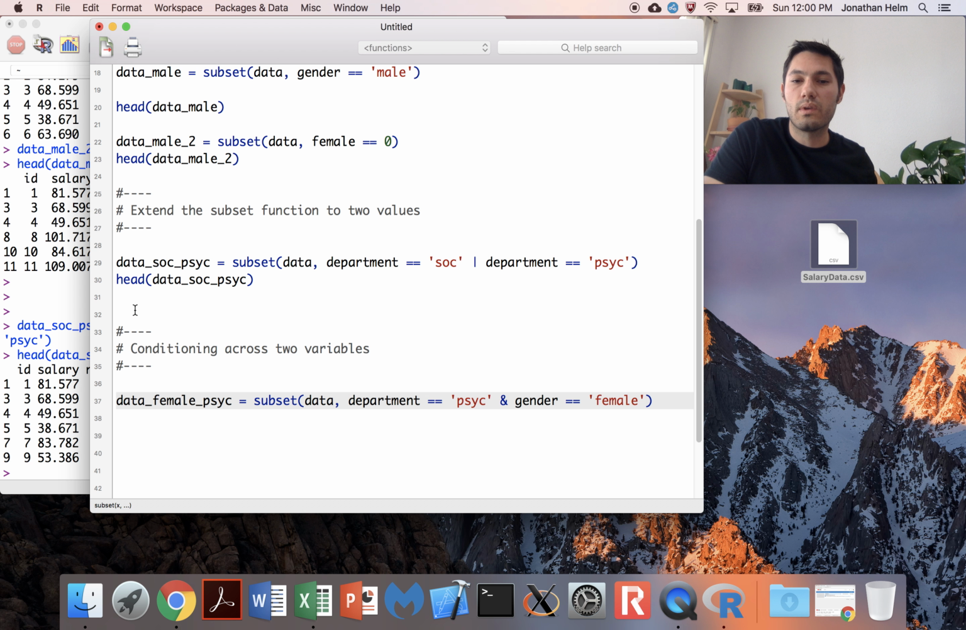Okay, so the ampersand here is different from the pipe. The pipe means or, one or the other. As long as one or the other of these is true, then we'll extract out the row. And this one, the and, means I have to have both. So both have to be true. So I only want to extract out rows where the individual says I'm part of the psychology department, and also where they identify as female. Okay. So if I highlight and run this code,